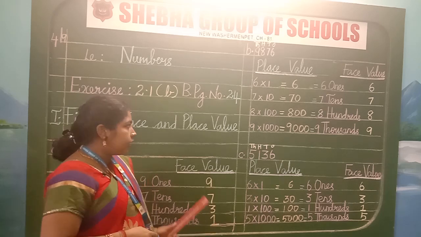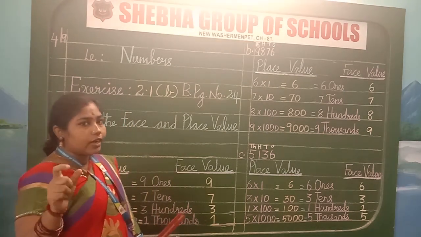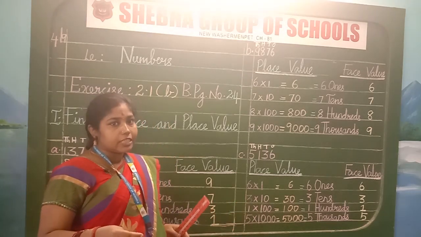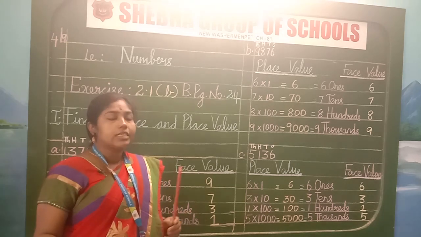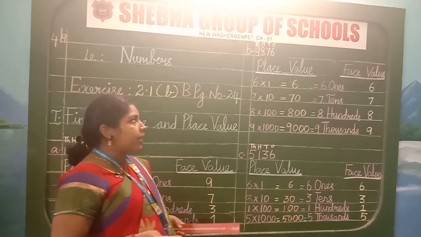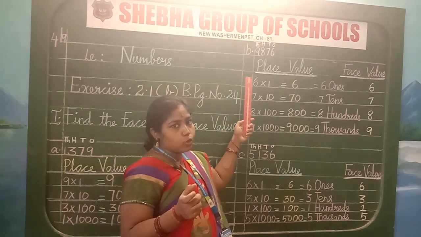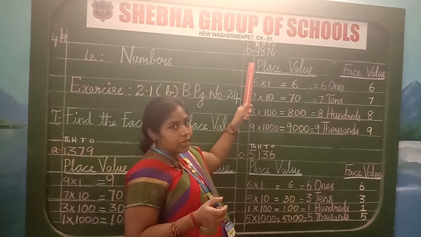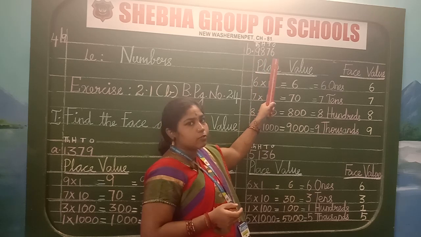Children, after finishing the A sum, just draw a line with your ruler and a pencil. Now if you have a space, leave that space, children. You will have only 1 or 2 lines. Leave that space, turn the page, take a fresh page and again take your pen. Use only the blue stick pen, children. In the margin, write it as B and write the number 9876. What is this number?